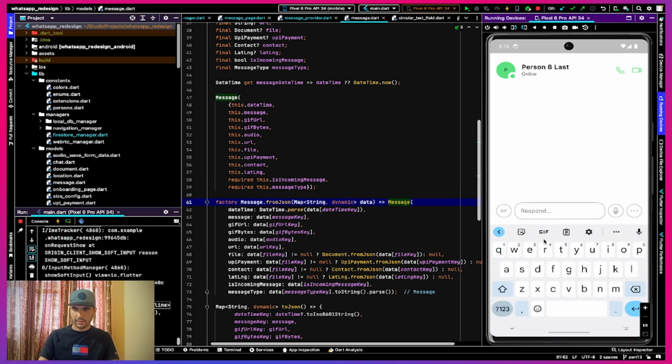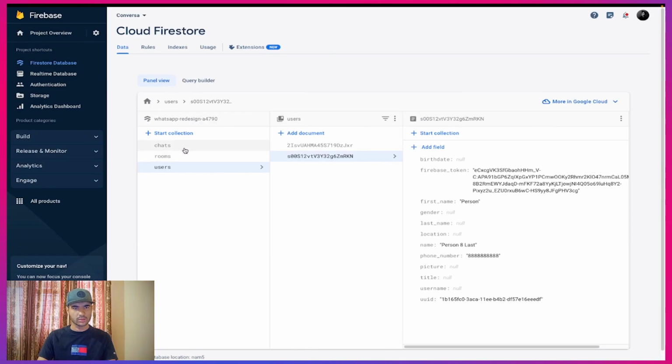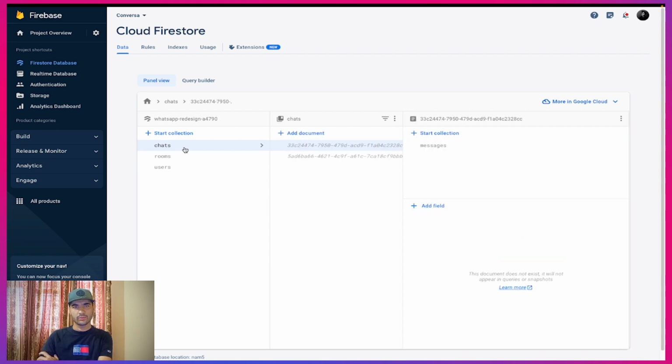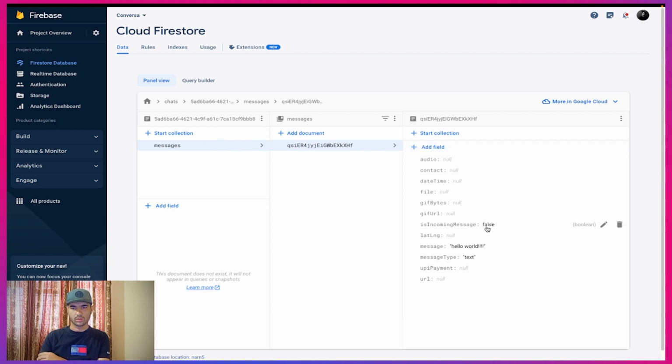So I'll click here and I'll hit send message something. So hello world, I'll hit send. Now we are getting an error here, and in the Firestore, let's see. In the chats, we have two chats now. So these are two chats, and if I go to the messages, if I go here, we can see that